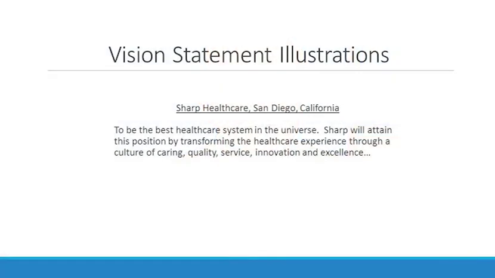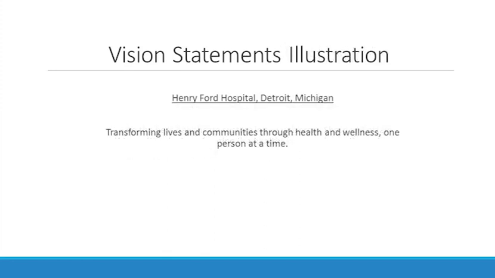Let's look at some examples of vision statements. First, from Sharp Healthcare, San Diego, California. Sharp Healthcare's vision is to be the best healthcare system in the universe. Sharp will attain this position by transforming the healthcare experience through a culture of caring, quality, service, innovation, and excellence. Henry Ford Hospital in Detroit, Michigan says this: transforming lives and communities through health and wellness, one person at a